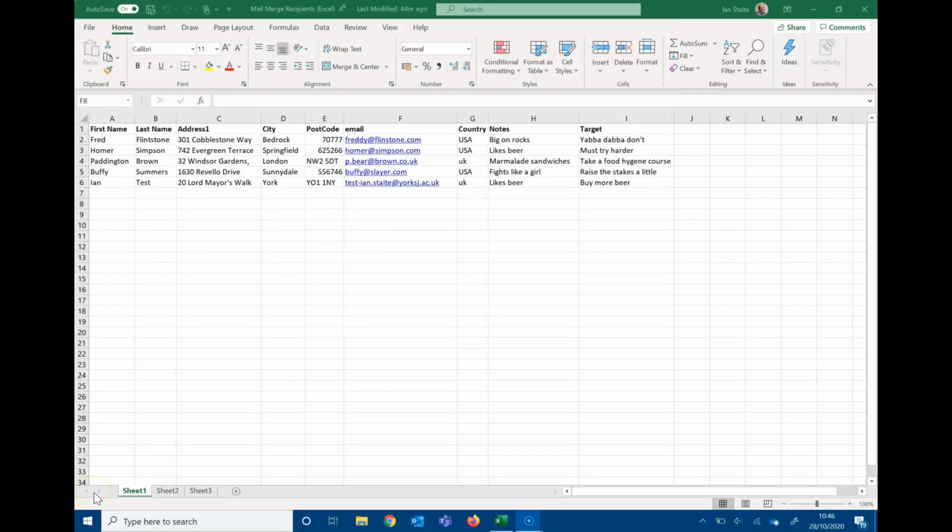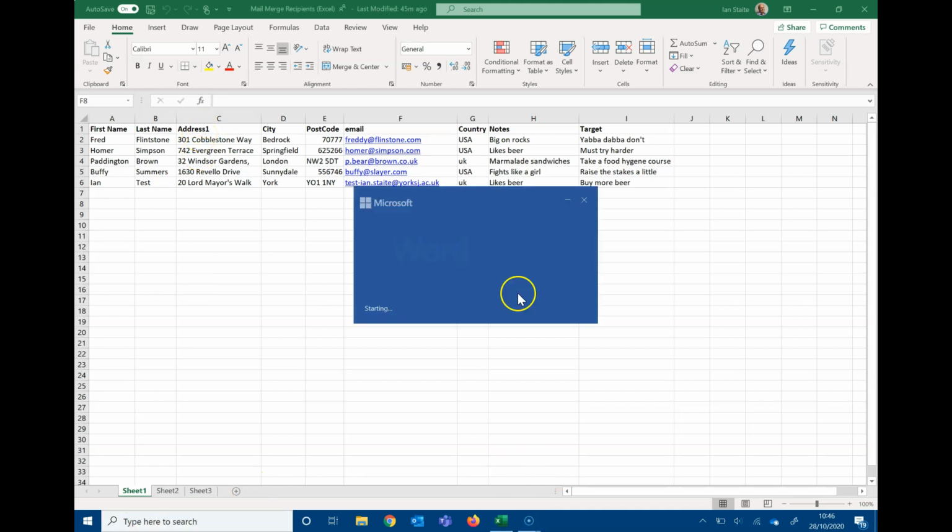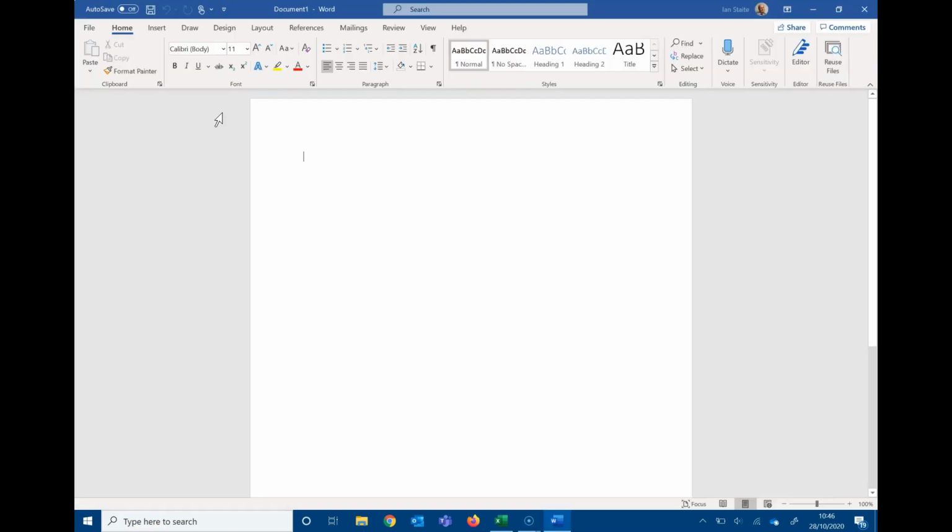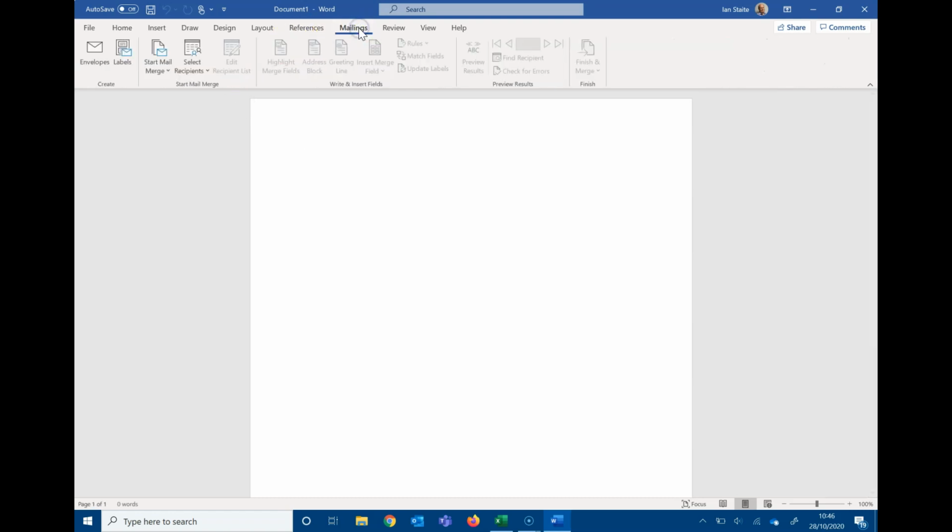Hello, we're looking at creating labels using the Mail Merge feature in Word. I've got my original data, and it can be all sorts of data, listed with headings in Excel. In Word, I'm going to create a new blank Word document. I'm going to go on the Mailings tab and start Mail Merge and say that I want to make labels.